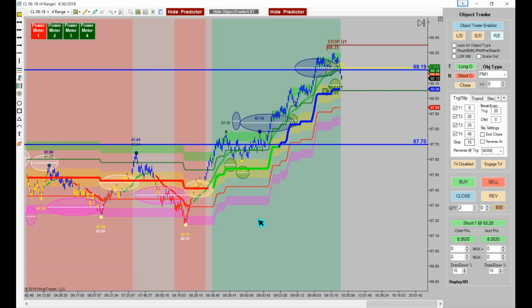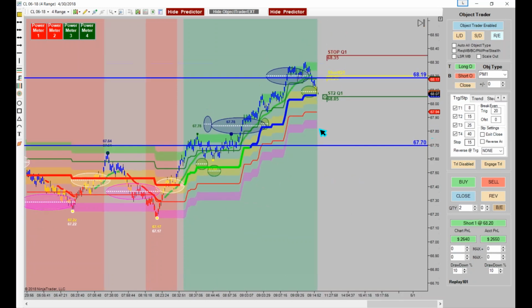I'd probably protect that at mid-band simply because that's a counter trend trade. Where would you put your stop on this trade, by the way? Anybody? All right, now notice our lightning is red. Okay, so couldn't we be ready to take this trade back the other way if we get a lightning to